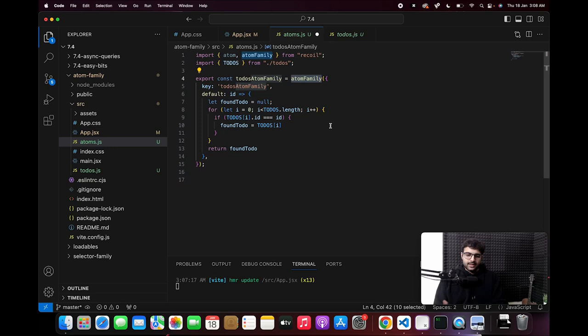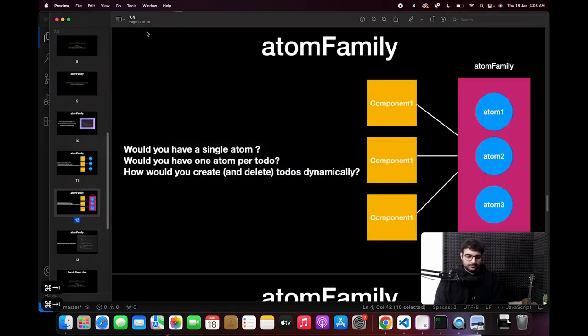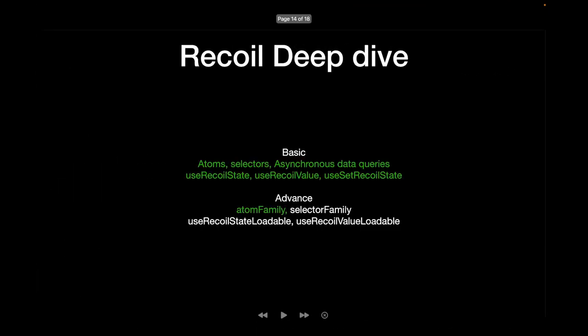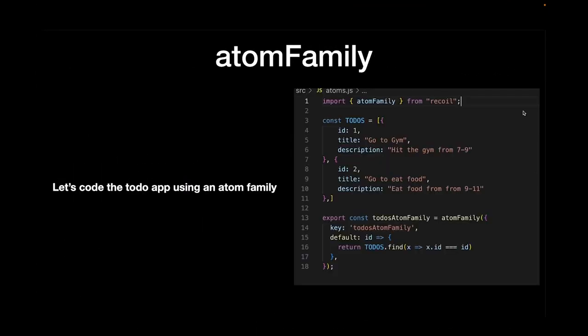All right. That's it for atom family. It sounds so much like Adam's family every time I say it. And this is the final solution. Okay, you've created a todo atom family with the default value of which is take an ID as an input and then return this. The important thing to know is the default value always, not always,